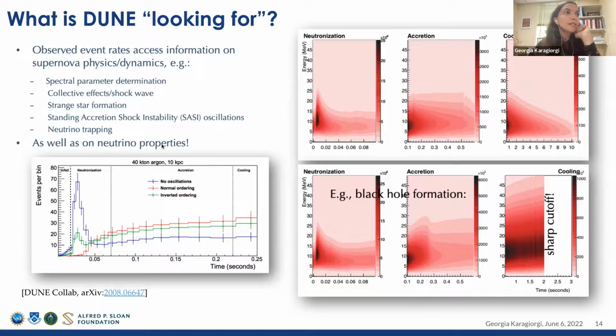And in the case of neutrino properties, even neutrino oscillations themselves affect the number of neutrinos that we expect during neutronization time. In particular, oscillations suppress the number of electron neutrinos that we expect from the supernova burst very early on, and they suppress that number much more so if the neutrino mass spectrum is normal as opposed to inverted. So being able to measure the flux of neutrinos as a function of time very, very precisely allows us to also tell things about the properties of neutrinos themselves.